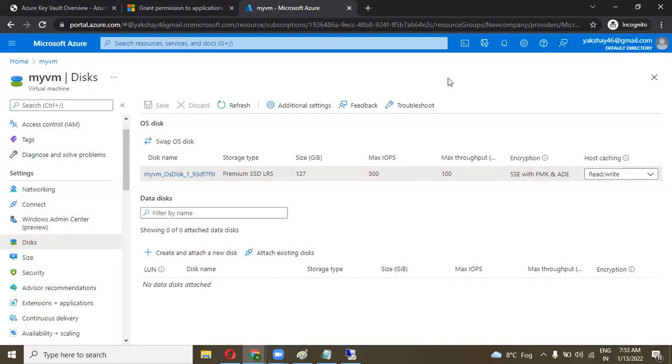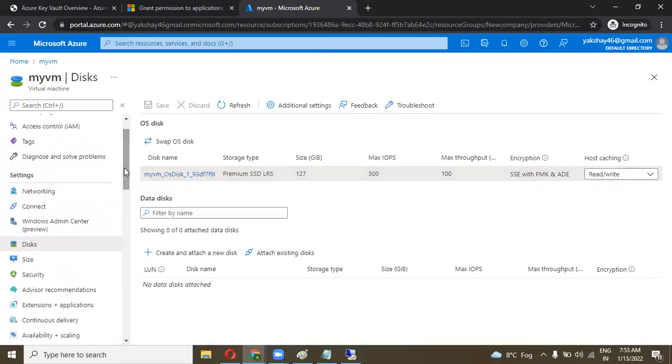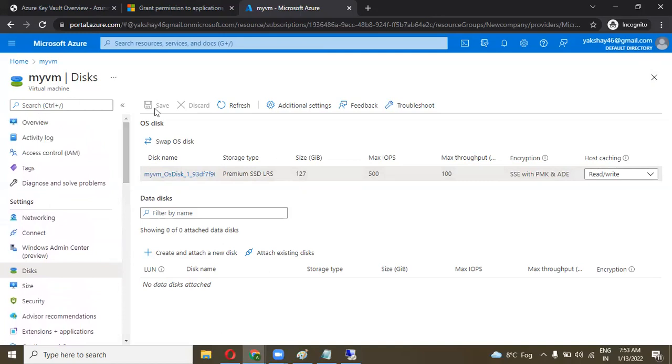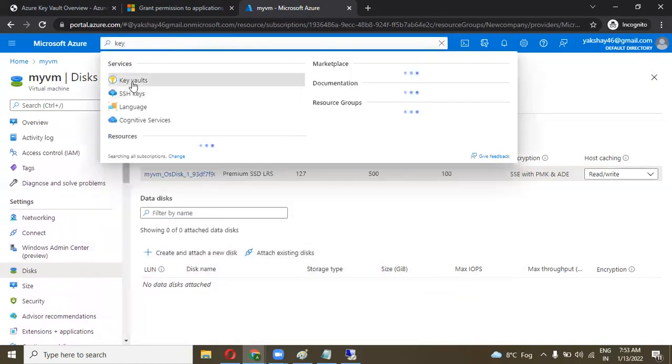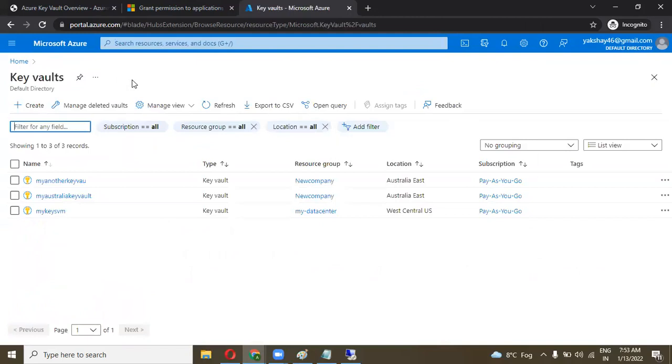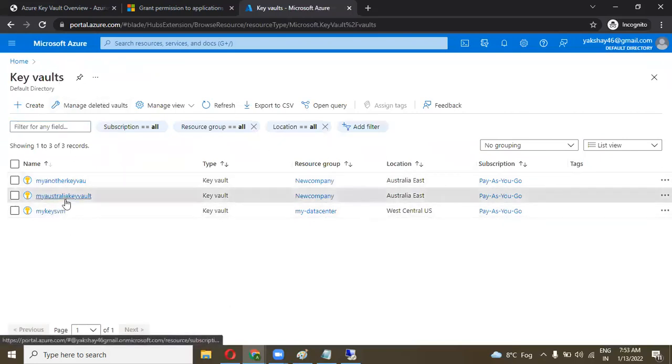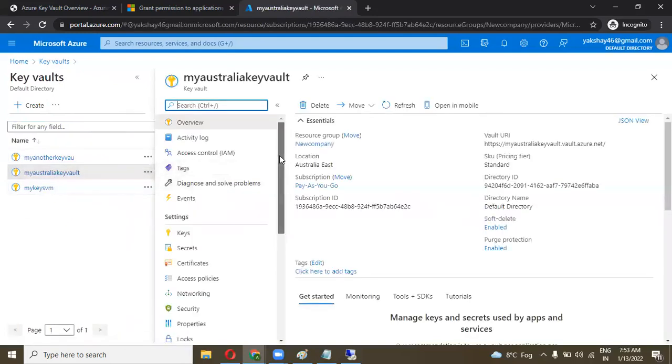So we are facing the issues related to our key. In 2022, we need to apply a role on the key vault. Then we are only able to create a key. Okay. So in key vault, here you can see, when we face some issues, these are the 3 key vaults. Australia key, and in Australia key, I'm not able to assign a key when I create a disk encryption.